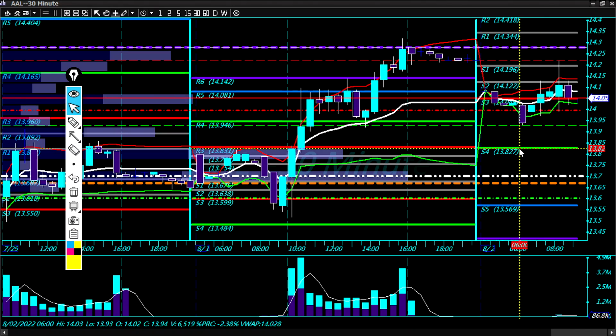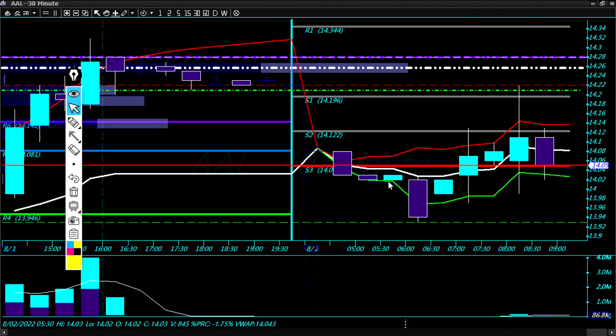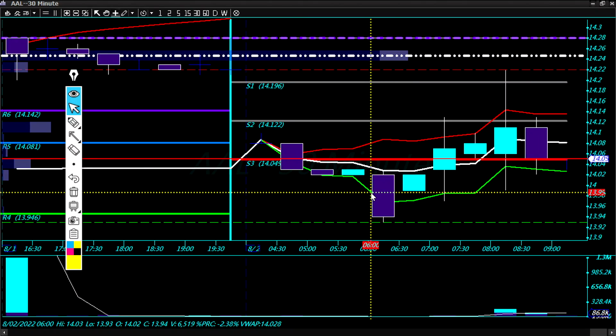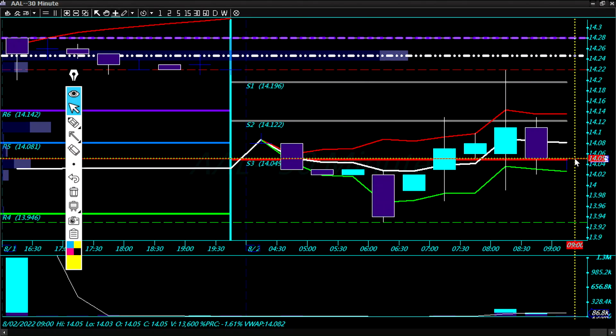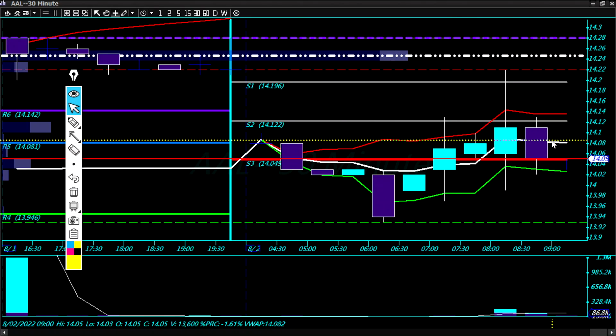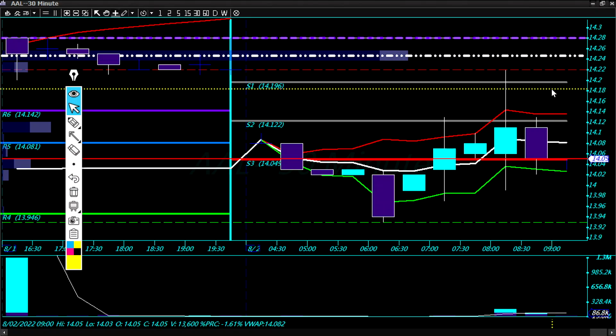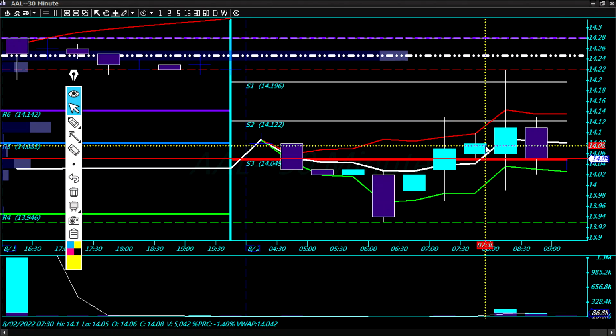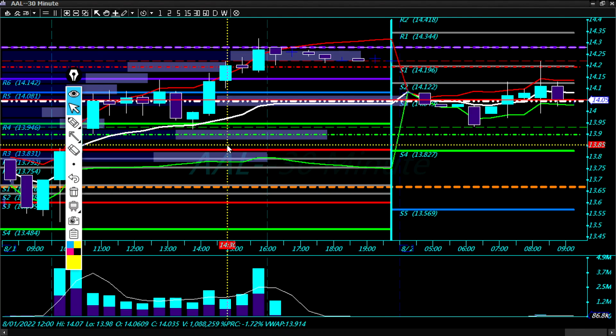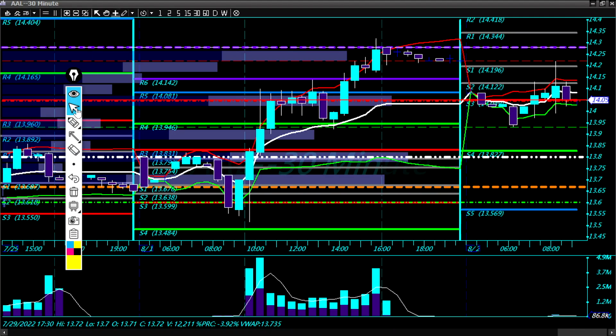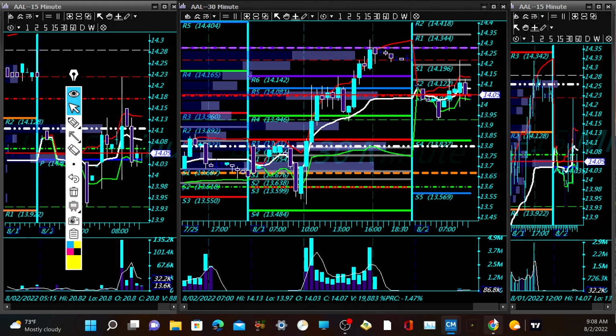We're kind of holding above S3 right now, so at S3 exactly, yeah. We're right there. So if it does get some weakness at the open, retest this pre-market low, get some support and get some energy to go up to R3, that'll be the play right there. So that's AAL for the long play. Let's see what else we got.